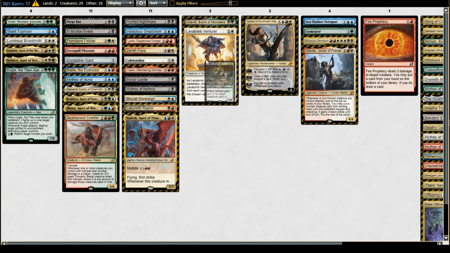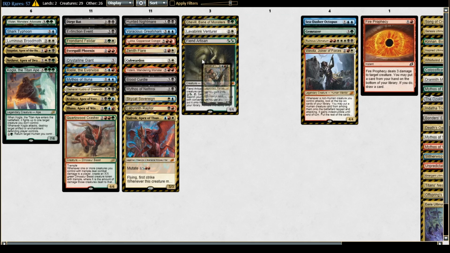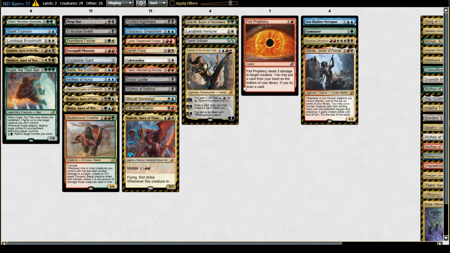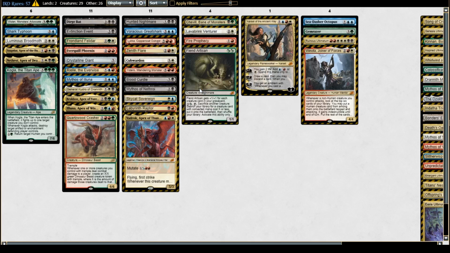I like Fiend Artisan. Yeah, I was gonna say Fiend Artisan can go there. I think Narset goes there too. As a B? I believe so. I think it's a powerful enough card. Okay. I mean, Fire Prophecy. Are you taking it or Fire Prophecy? I'm taking Fire Prophecy. I'm taking Fire Prophecy over Fiend Artisan also. Okay. I wouldn't either. I wouldn't, but I think that pick is very close. I'm taking Fire Prophecy over...